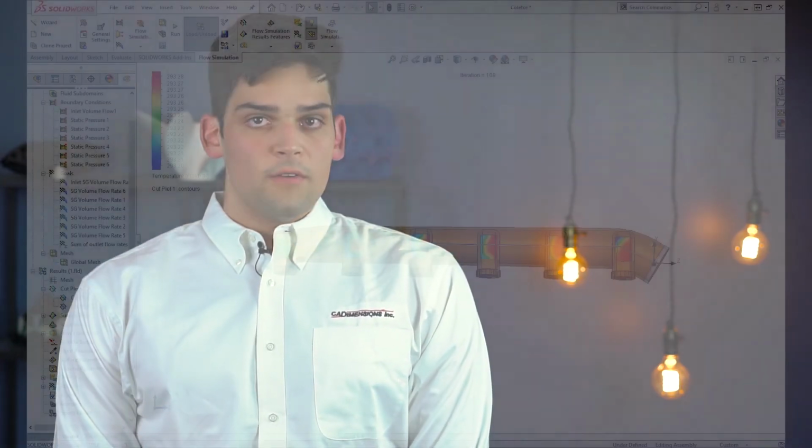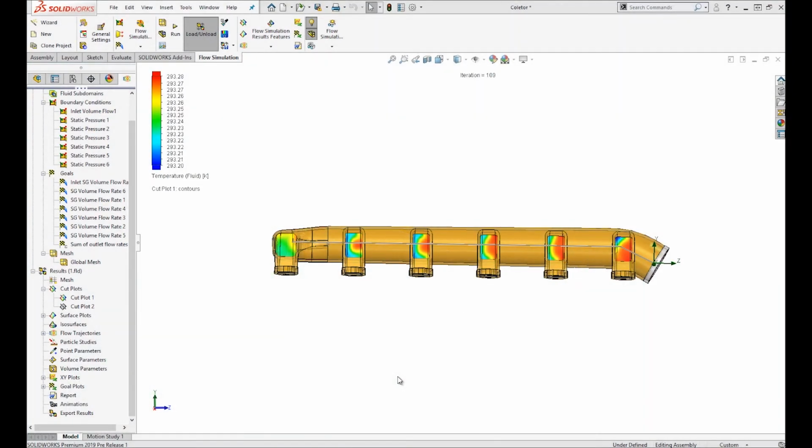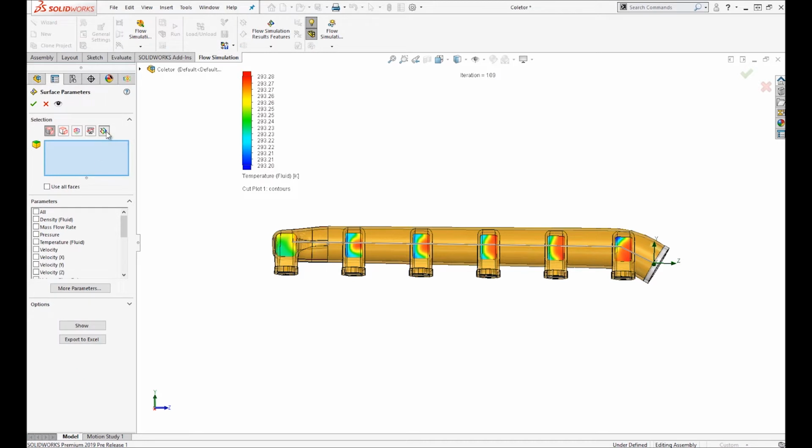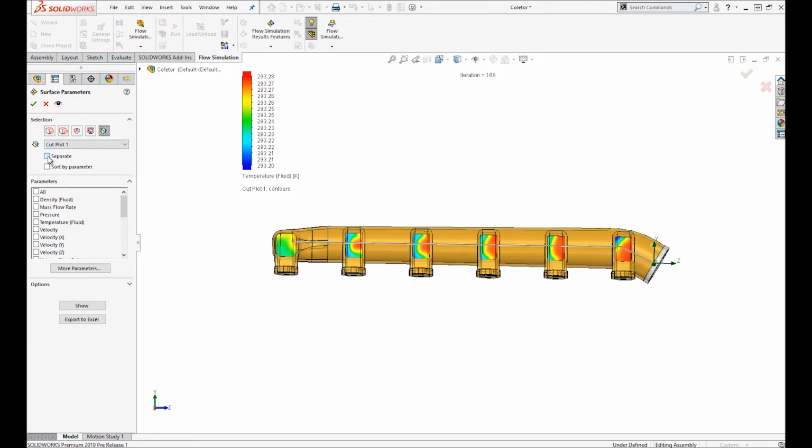The next data visualization improvement in 2019 is the ability to calculate surface parameters individually in closed contours. For example, if we have a section plane that divides my intakes into several closed contours like this one, we can set up a surface parameter using my cut plot to calculate the air temperature at each intake individually without all the work required in previous releases. Simply define the surface parameter using the cut plot and select the Separate checkbox to display all of the contours